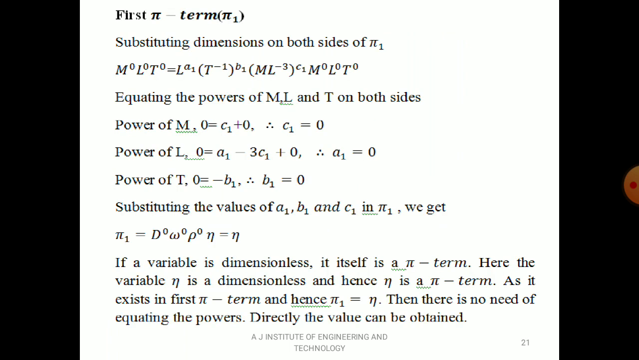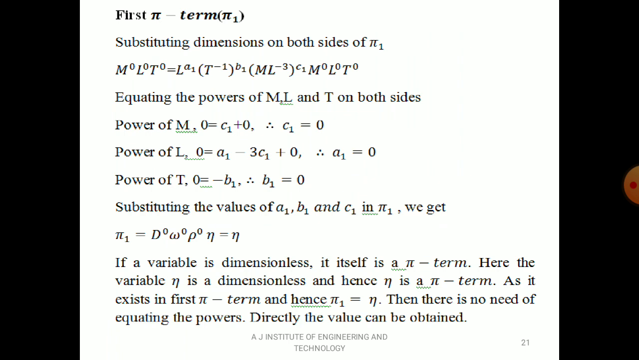Next, let's go for getting the expression for pi 1, the first pi term. Substituting dimensions on both sides of pi 1: M to the power 0, L to the power 0, T to the power 0, as pi has no dimension. So M to the power 0, L to the power 0, T to the power 0 is equal to